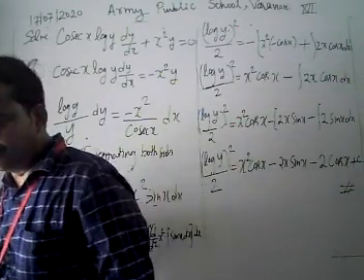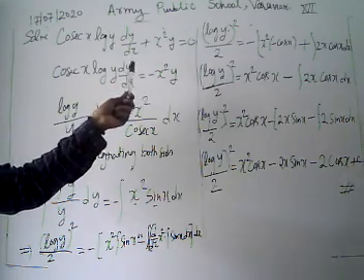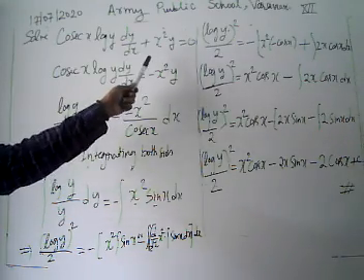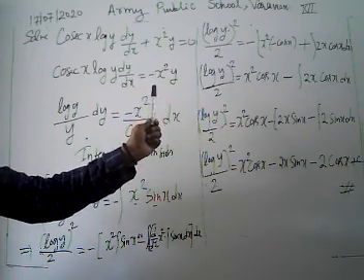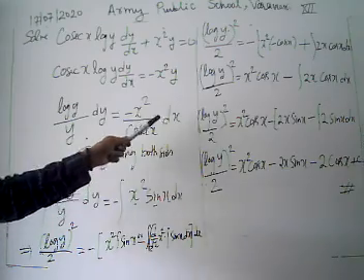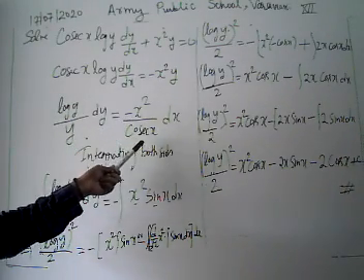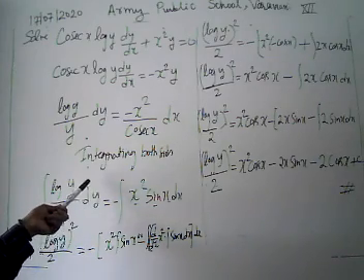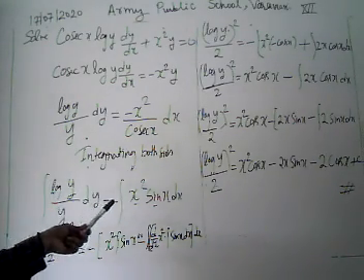Again I am just going to explain to you. We have the problem cos x log y dy/dx plus x square y equal to 0. We have to find the solution of this differential equation. First of all, we are going to separate the variables. After separating variables, we have log y by y dy is equal to minus x square by cos x dx. Then we integrate both sides: log y by y dy is equal to minus x square sin x dx.